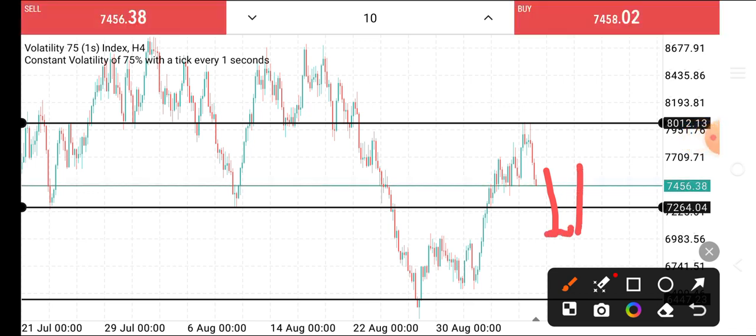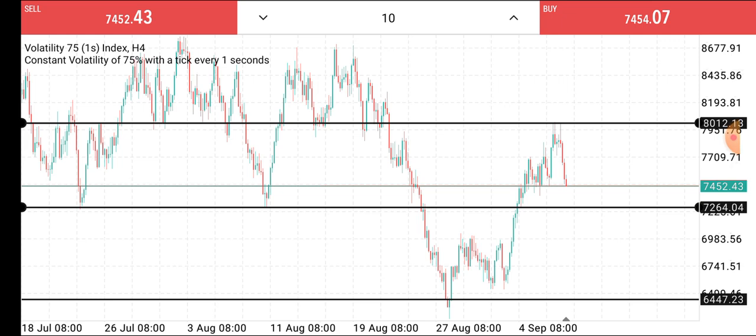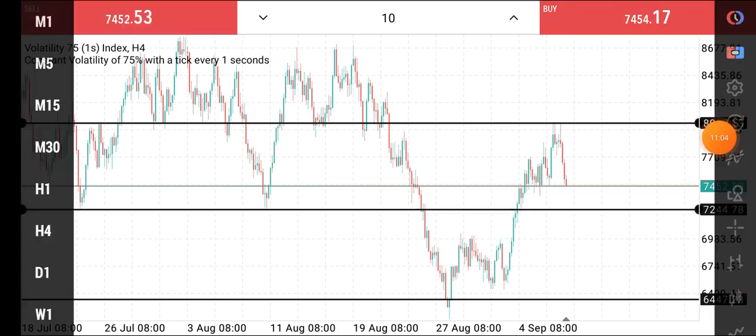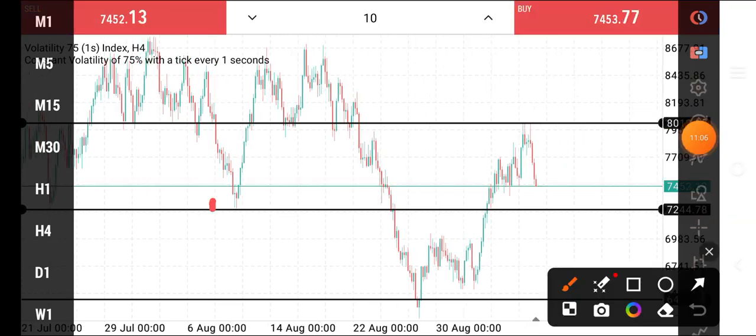Once the market comes back to this equilibrium point, then probably starts retracing again, then I sell. First thing first, the market has to break this level. You can see the market has to break this level because this is the lowest, the immediate lowest level. This point here. If the market breaks this point here, if the market breaks below this level here,